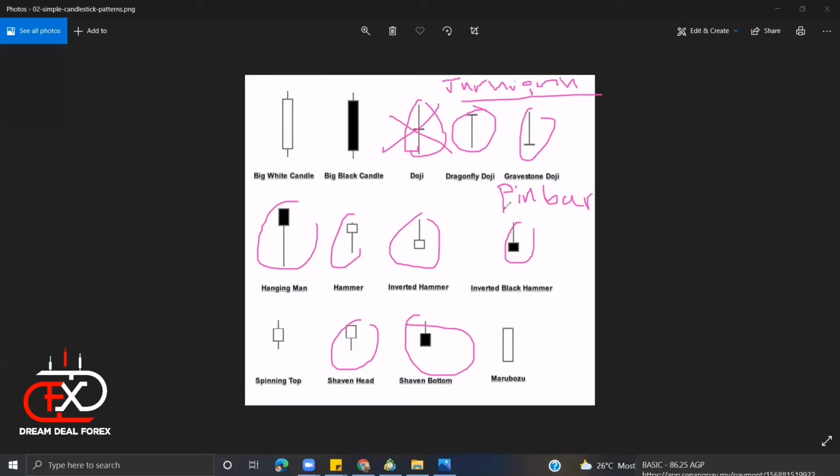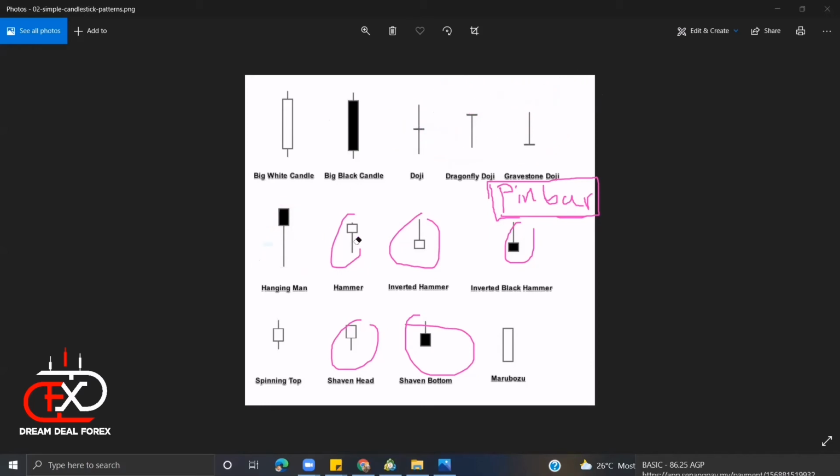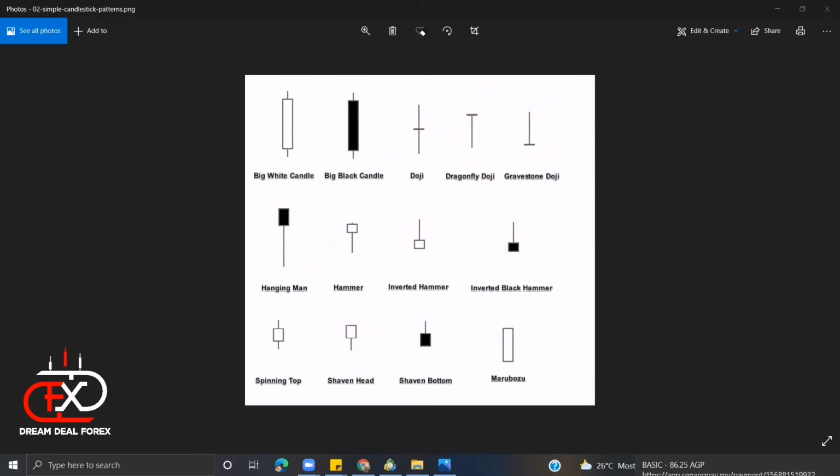Now, I will explain along the line why I prefer the pin bar. I'm only looking for a turning point. Now, what happens is that many people make mistakes. They feel that